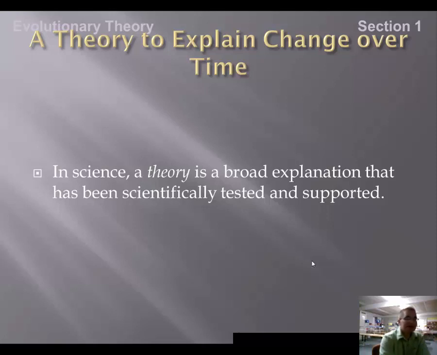A theory is slightly different. In order to create a theory, we have to have performed some experiments, gained some data, and then analyzed that data, and that data had to have supported our original hypothesis. That hypothesis then can transition into a theory. And if 100% of the time that theory was proved to be true, we would turn it into a law.